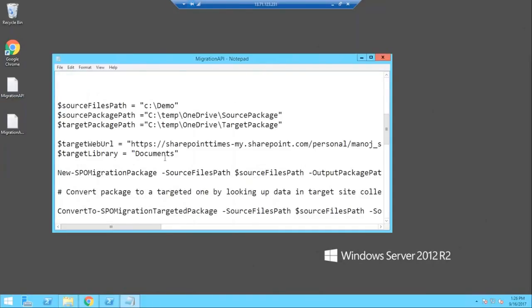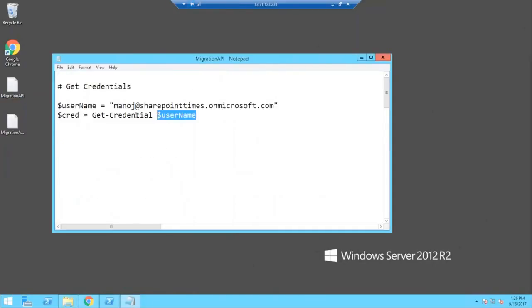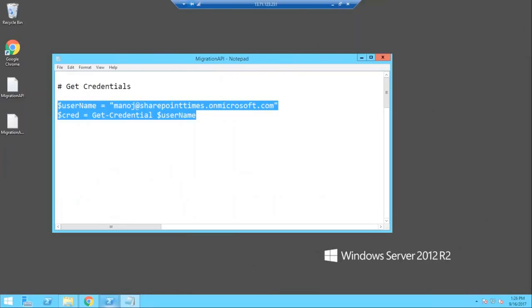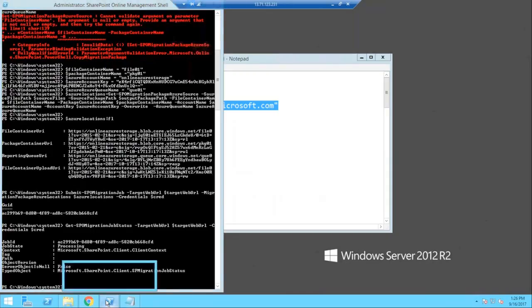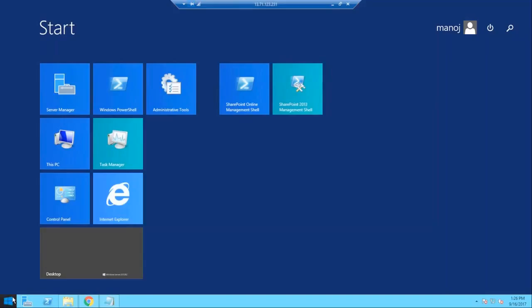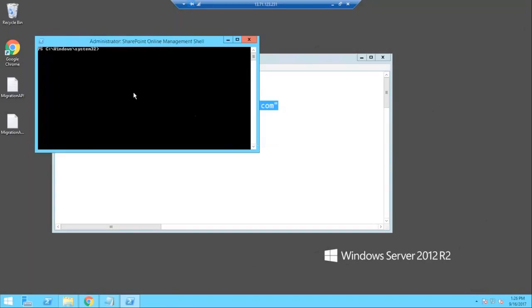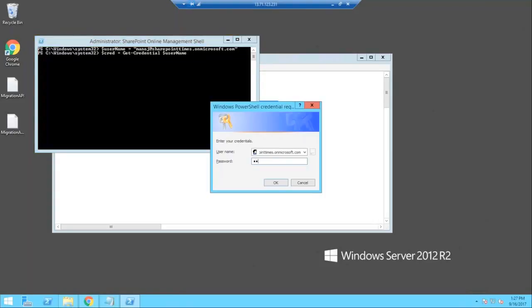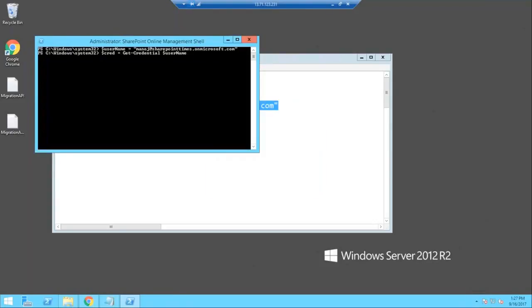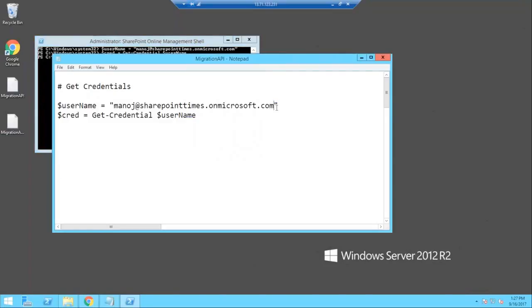So we have, okay, the same one here also, I just need to pass the credentials. I'll close it and open it again. That will be helpful for me. Just moving to the SharePoint Online Management Shell, run as administrator. I just open it, paste it, just give me the command. I'm passing my credential here. It just cleared credentials.